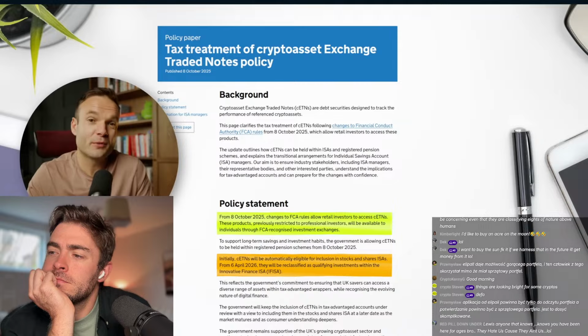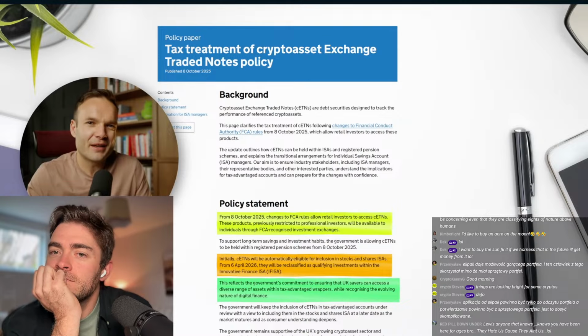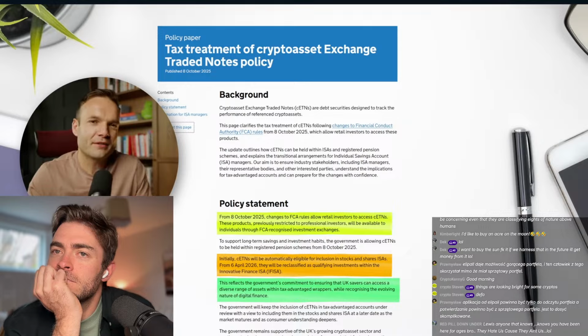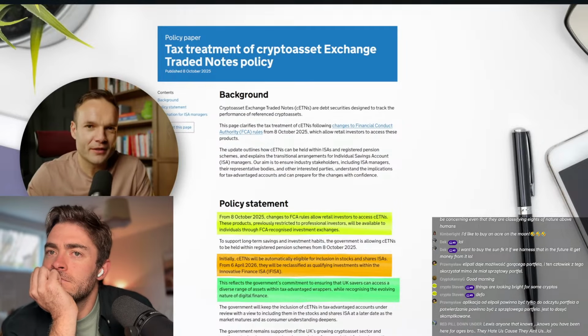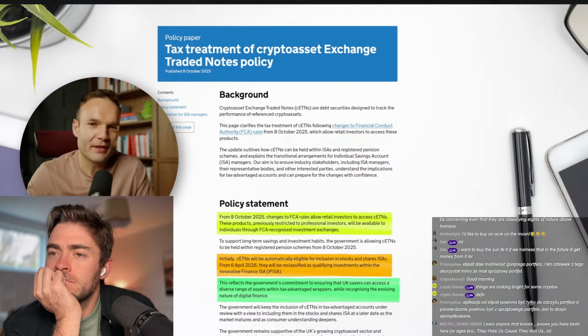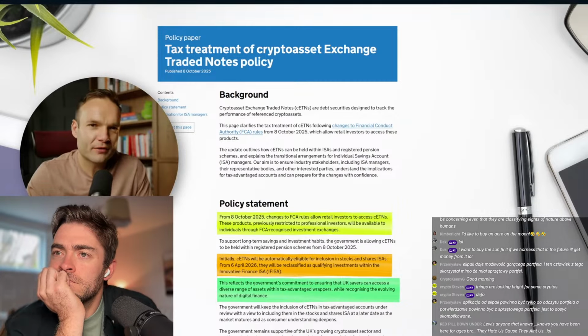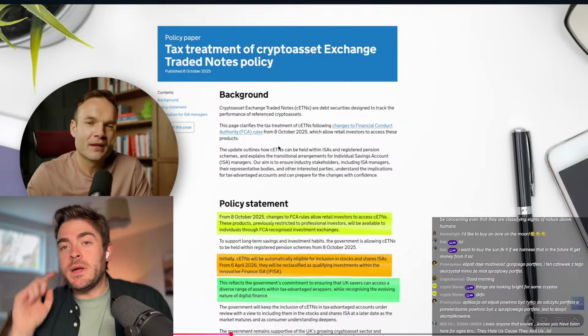They say they want to support the growing cryptocurrency sector and protect investors, but this just makes things look really uncertain. And I think it's a very odd move to suggest that the crypto ETN should be inside an Innovative Finance ISA. Now, this type of account is not offered by many providers. It's hardly used at all by investors, and I just don't see where or why a crypto product fits in here. Who's benefiting from this?